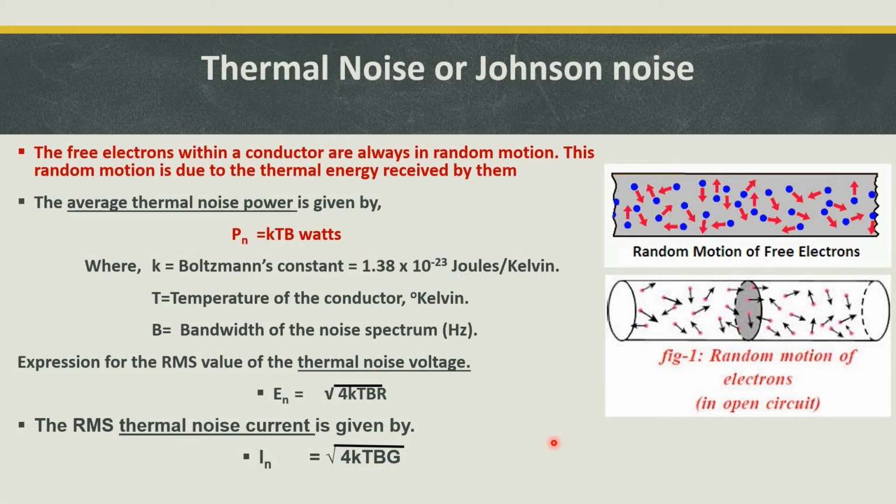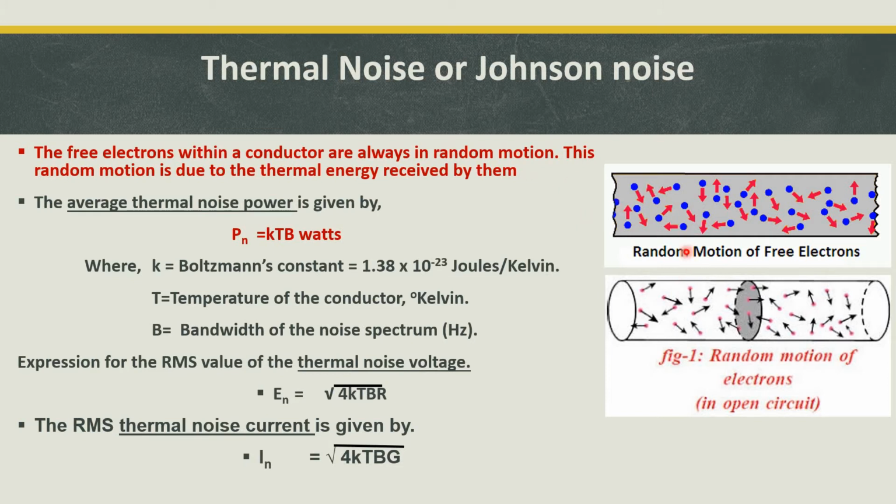First of all, we are going to discuss thermal noise or Johnson noise. This means that normally in a conductor, a resistor or active devices, the majority carriers are electrons, if it is an n-type material. In that situation, the electrons move from one place to another based on two factors. One is the applied external voltage. The other is thermal energy or heat.